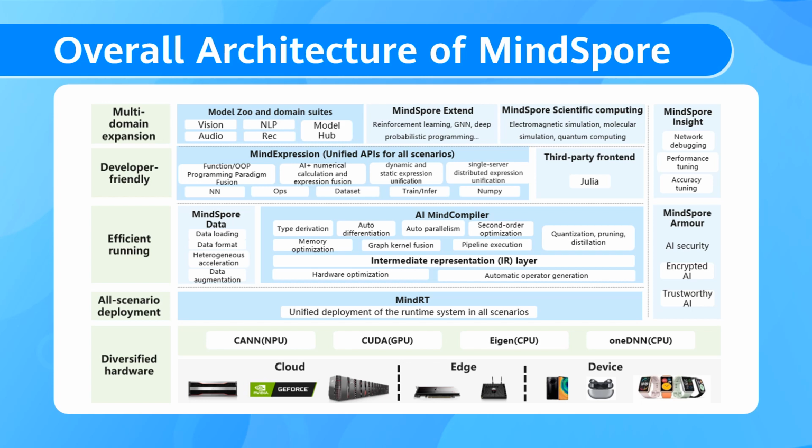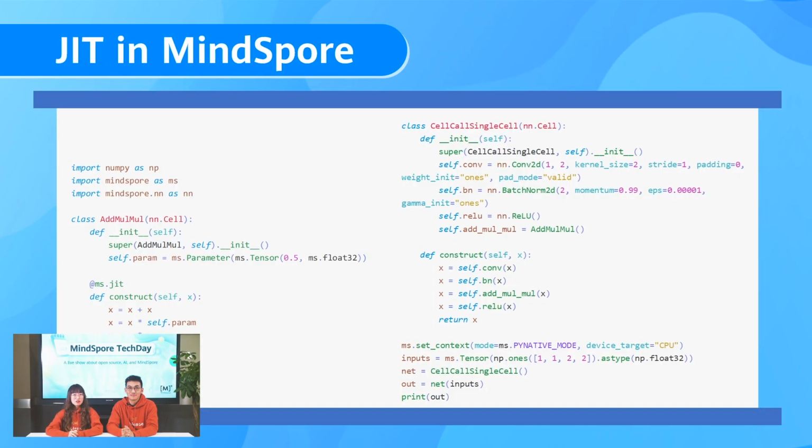Here is an example. Let me see. So this construct function is decorated with JIT and the PyNative mode is used. But you didn't specify the syntax level. Yes, lax is used by default if the syntax level is not specified. Alright, I think I understand how to work with static and dynamic graphs in MindSpore now. But what happens if I unintentionally use unsupported syntax in my static graph code? Or if I'm unsure whether certain syntax in a function is fully supported in static graph mode?